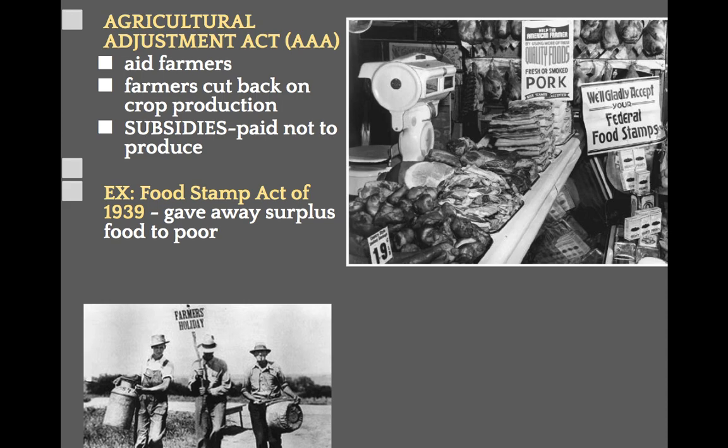Okay, and another part of the alphabet soup is going to be the Agricultural Adjustment Act, or AAA, however you want to say it. This is specifically meant to help out farmers. Now again, we talked about overproduction was an issue, and it had to be regulated. So now remember, the Dust Bowl is happening. Farmers are already hurt. So what they're doing is they're actually paying farmers not to produce anything.